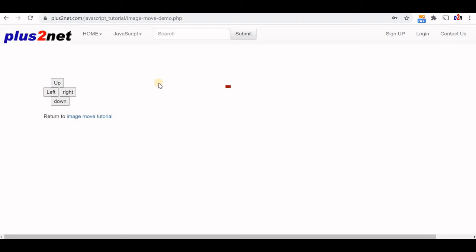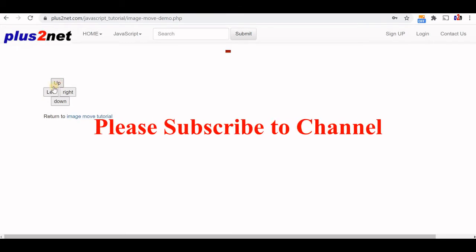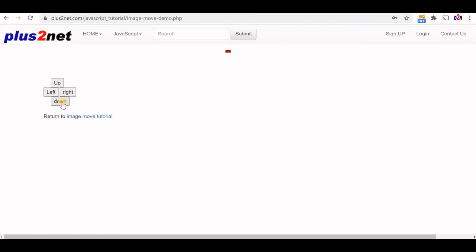Hi friends, in our previous video you have seen how we have created an image object and displayed its properties. In this demo you can see that by using these buttons we can move this image. We can move it in the up direction, to the left, to the right, and we can bring it down also. We'll use the image properties you learned in our previous video to display and move this image